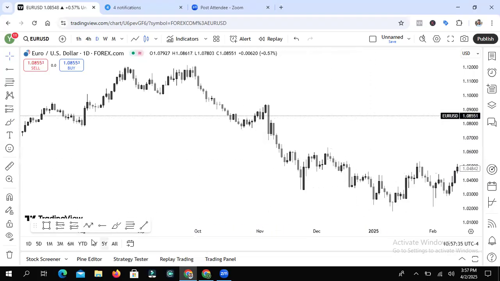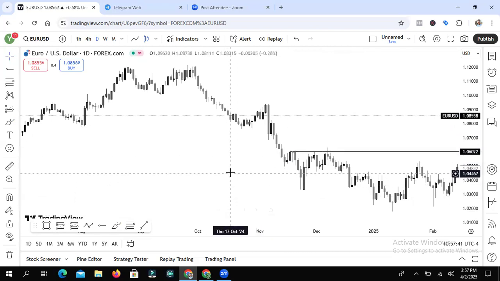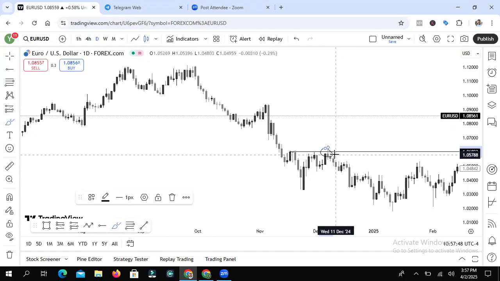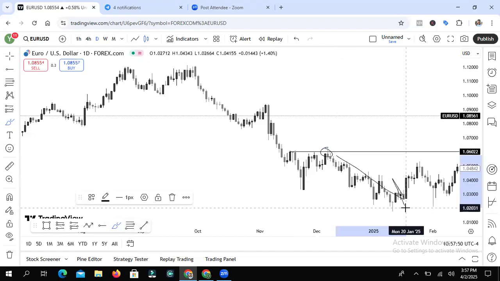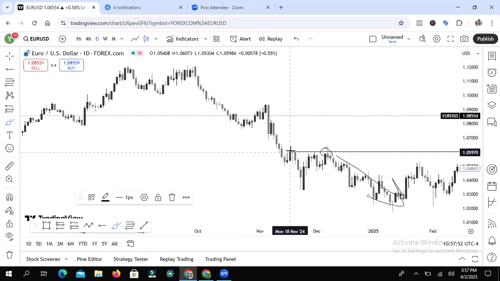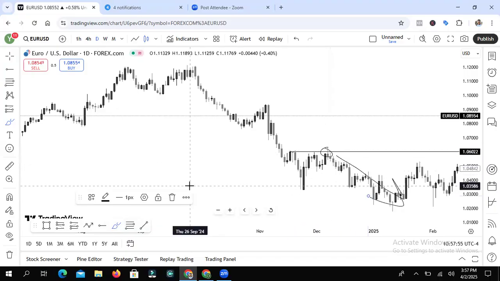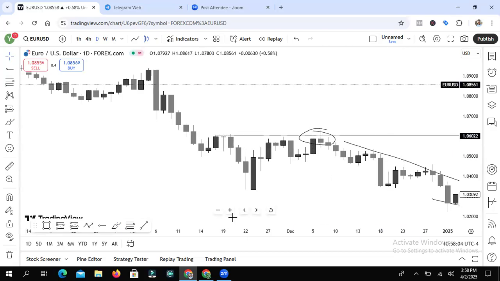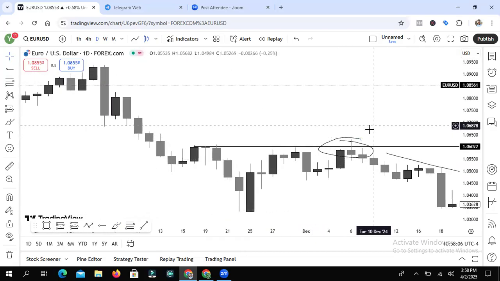Okay, look at all of these cells right here. Look at this cell. Look at how they continue to sell for how many days. They continue to drop to the downside, right? Where did this cell come from? Like I said, candle rejection and then candle closure. That's all you want to see around the key level.